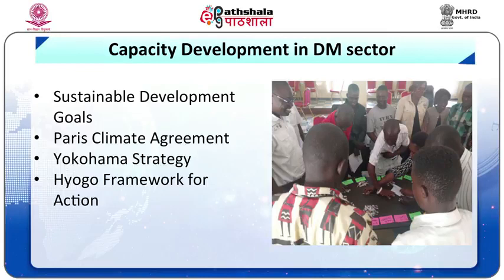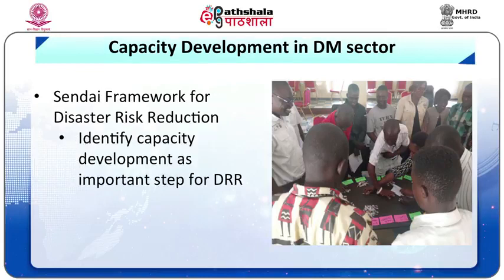In addition, three World Conferences on Disaster Risk Reduction, the Yokohama Summit resulting in the Yokohama Strategy, the Kobe Conference resulting in the Hyogo Framework for Action, and the Sendai Conference resulting in the Sendai Framework, have identified capacity development as an important step towards the reduction of disaster losses globally, as proposed by Hagelstein and Budke in 2016. Capacity development must enable the most marginalized to represent and defend their interests more effectively, not only in their immediate context but also globally.